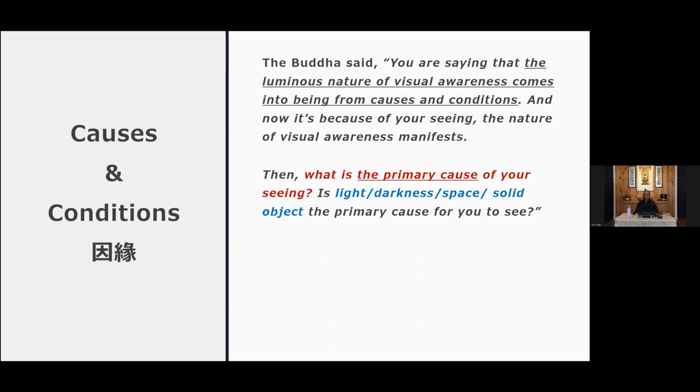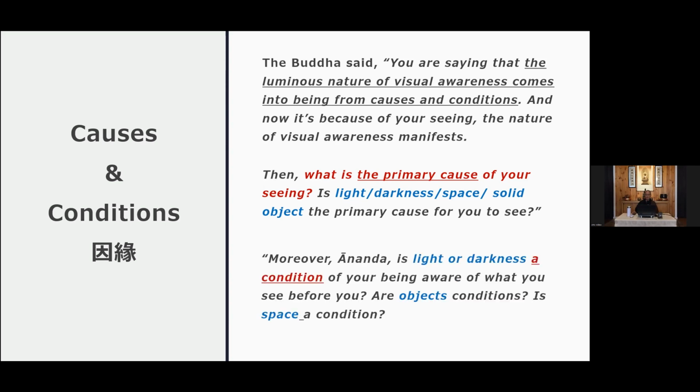Okay, this Buddha asked Ananda, then what is the primary cause of your seeing? Is it light, darkness, space, or solid objects? The primary cause for you to see? Moreover, is light or darkness a condition of your being aware of what you see before you, or are objects conditions? Is space a condition? So basically,